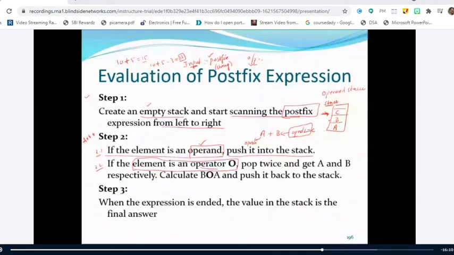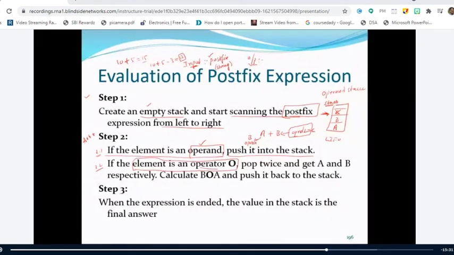And the next popped element: if I pop, this is removed. What is the next element that is popped? B. That second popped element should be placed inside operand 1. That is the small twist you have to understand. Why do we place the first popped element in operand 2 and the second popped element in operand 1? Since the stack operates in last in, first out order, the last inputted element is the first outputted.